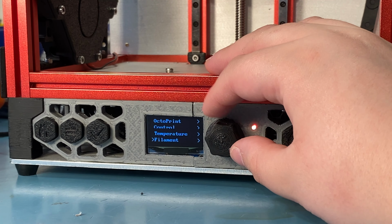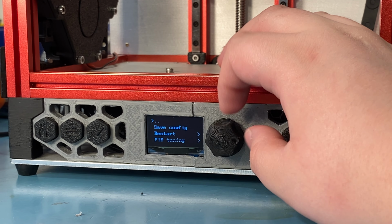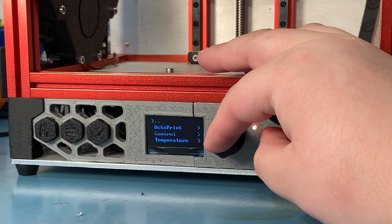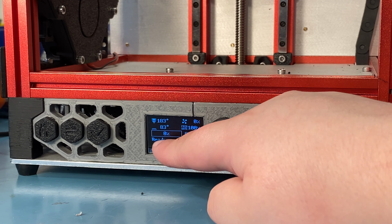And I don't know what's in setup, so let's see. Config, PID tuning, etc. I'd do these through the terminal if I were you, but if you want to, they're there at least, so that's something. And the main display, as you can see, obviously has the temperatures, the fan, feed rate, etc., and the progress